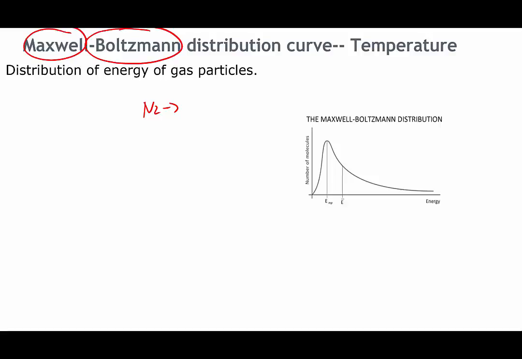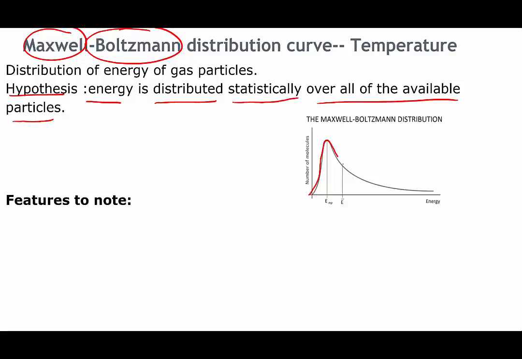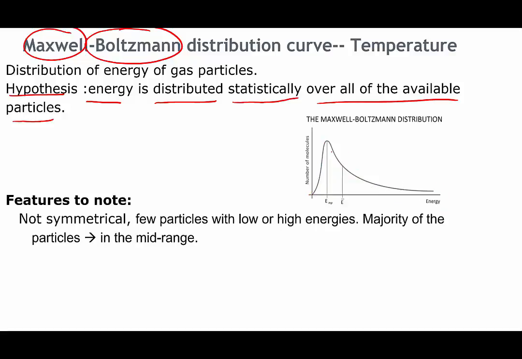They come up with the same idea at the same time, so we give them both credit for the Maxwell-Boltzmann distribution curve. Their hypothesis is that energy is distributed statistically over all of the available particles. So different particles will have different energy points. As you can see in your Maxwell-Boltzmann distribution curve, actually this is a better one, there's several features